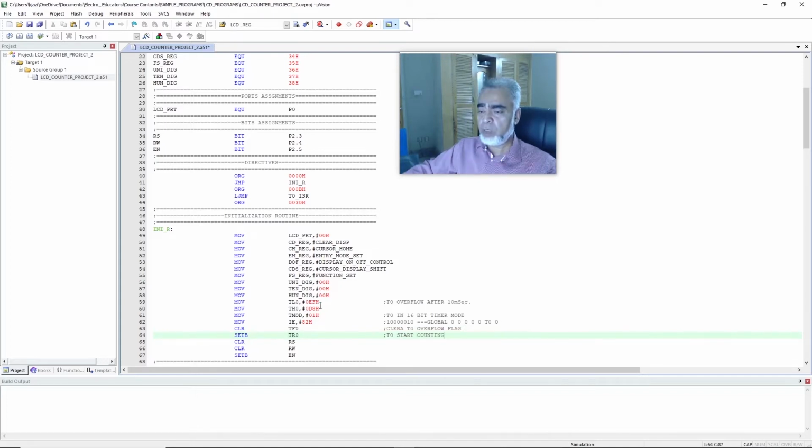So here we have initialized the value of timer low 0 and timer high 0 for the value that is minus 10,000 from 65535. It means that after 10,000 microseconds, that is 10 milliseconds, the overflow flag bit that is TF0 will be 1, and the program will jump to the address that is 000BH,